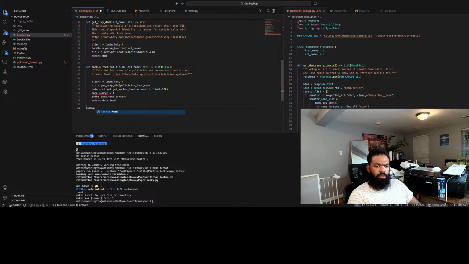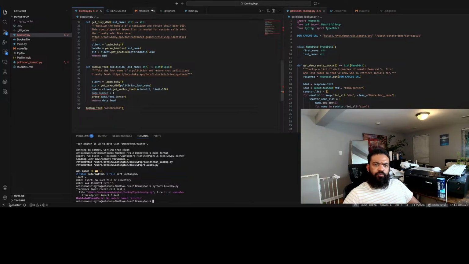Okay, so we're going to look up the feed for politician last name, also Brooks again. Then we're going to run python3 bluesky.py.